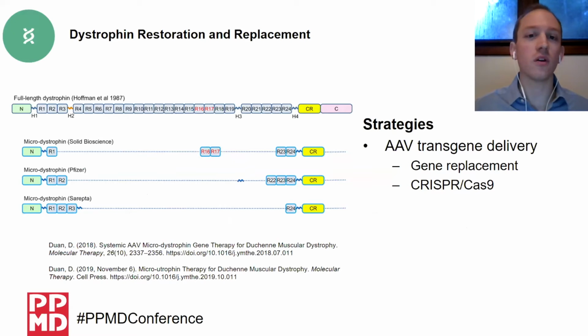And so, as Anne just talked about, the cause of Duchenne being a mutation in the DMD gene causes an absence of the dystrophin protein. And so one of the strategies that we can take is, how do we either restore the production of that dystrophin protein or replace that dystrophin protein? And there are a number of strategies currently in development. One of the ones that you're going to hear about, and there's a lot of excitement with, is the gene